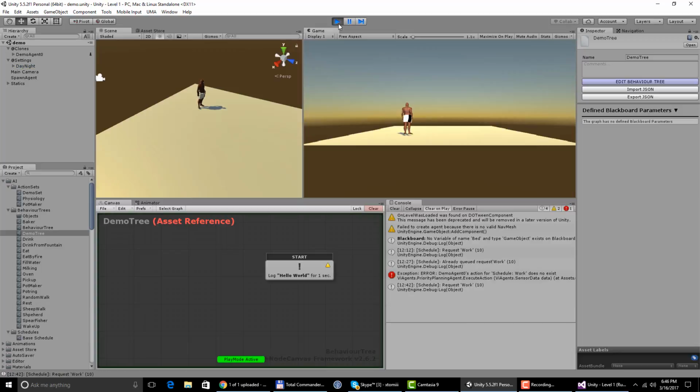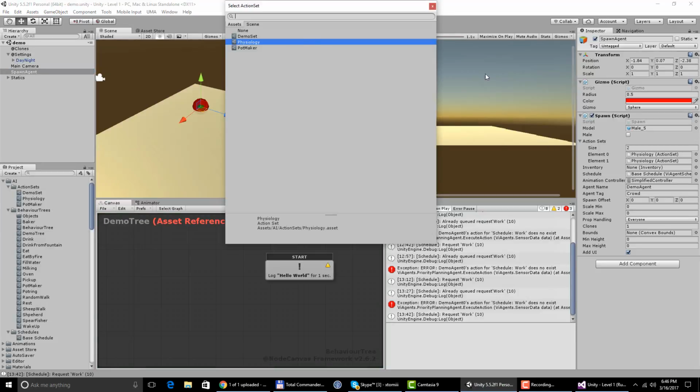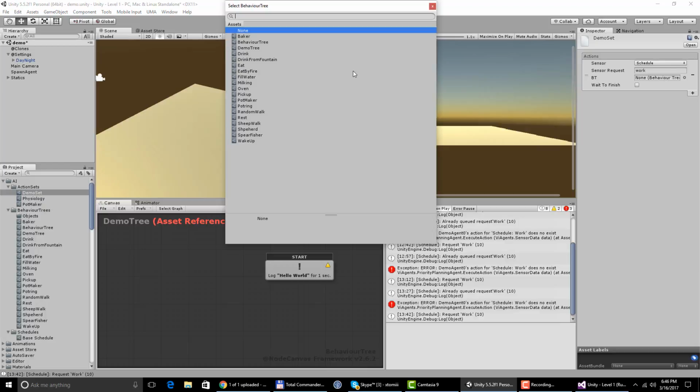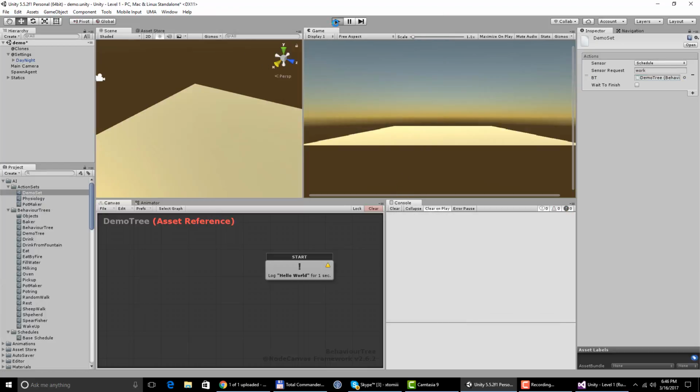I get my agent reacting to, oh sorry, I haven't assigned that tree, so going to spawn agent, and now in this action set, I'm going to assign the demo set, and in my demo set I need to assign this behavior tree called the demo tree. So now I clear this, I run this,